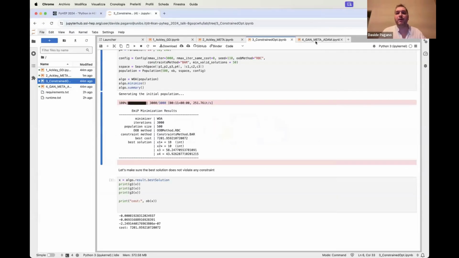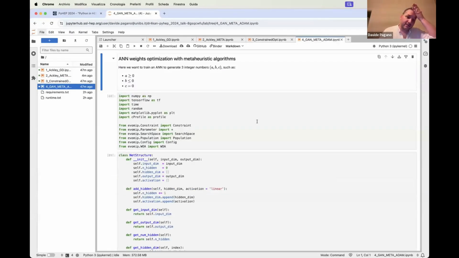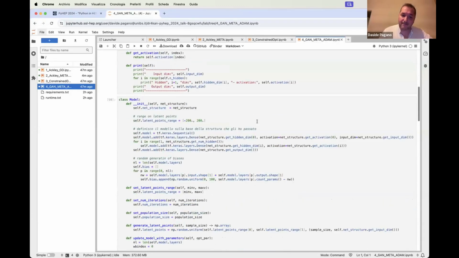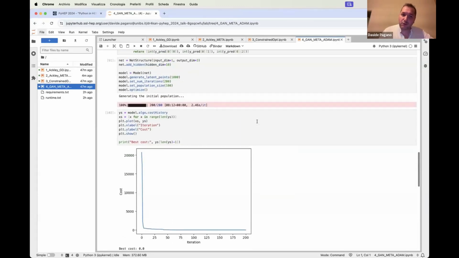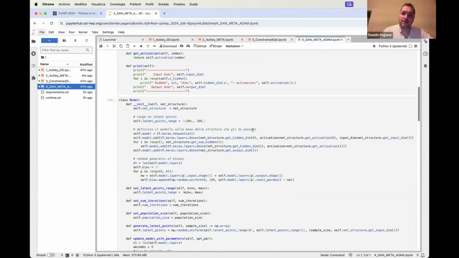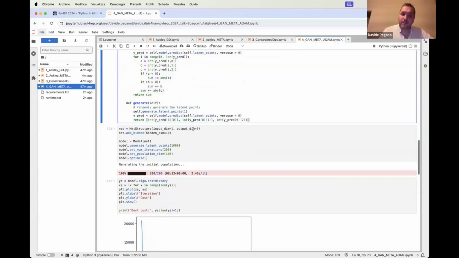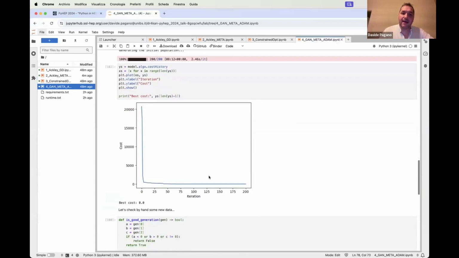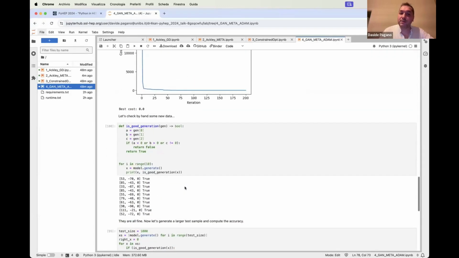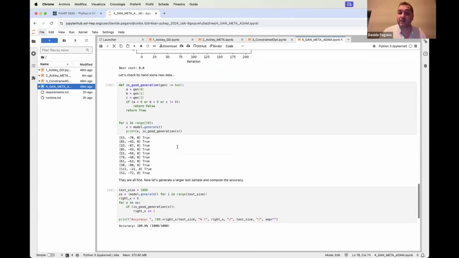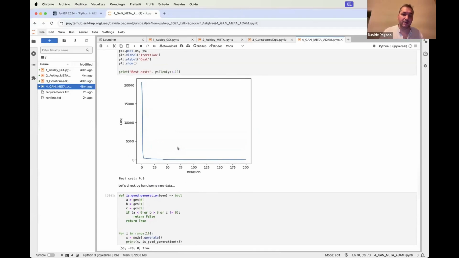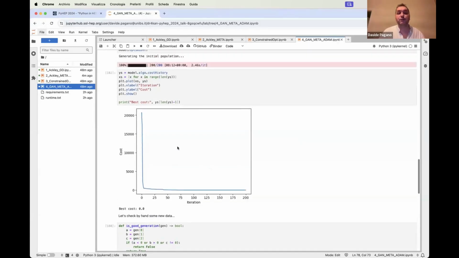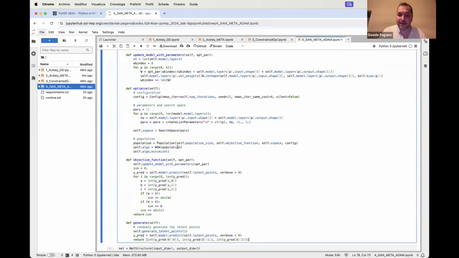So I prepared a notebook. It's late, you can play with it, but just to show you that with EvoMIP we are able to use this objective function here. And as you can see, we obtain an accuracy of 100% in generating these numbers here. Of course, I don't have time to go through the code because it's really late. Sorry if I went long.